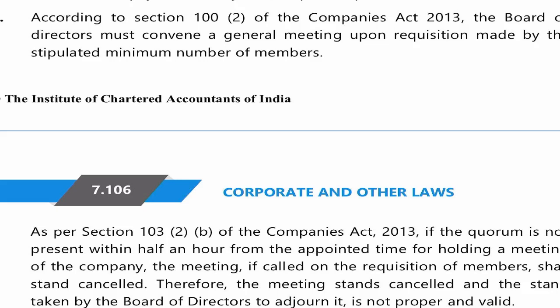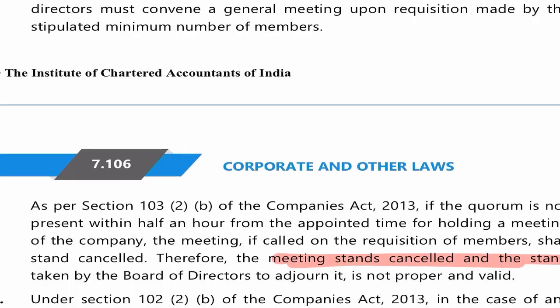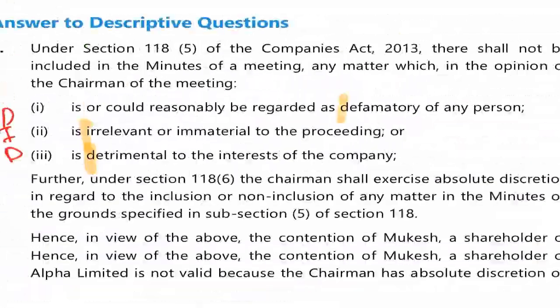As per section 103(2) of the Companies Act 2013, if the quorum is not present within half an hour from the appointed time for holding a meeting of the company, the meeting, if called on the requisition of members, shall stand cancelled. Therefore, the meeting stands cancelled and the stand taken by the BOD to adjourn it is not proper and valid. अरे समझा ना तुमको हाँ। ध्यान रखना है ये भाई।